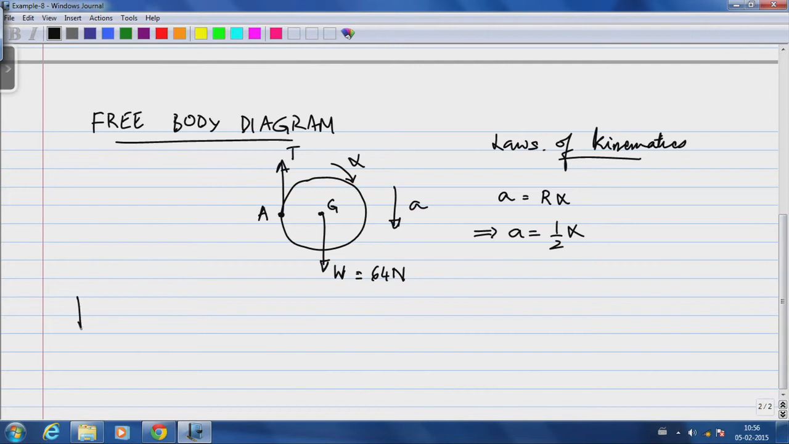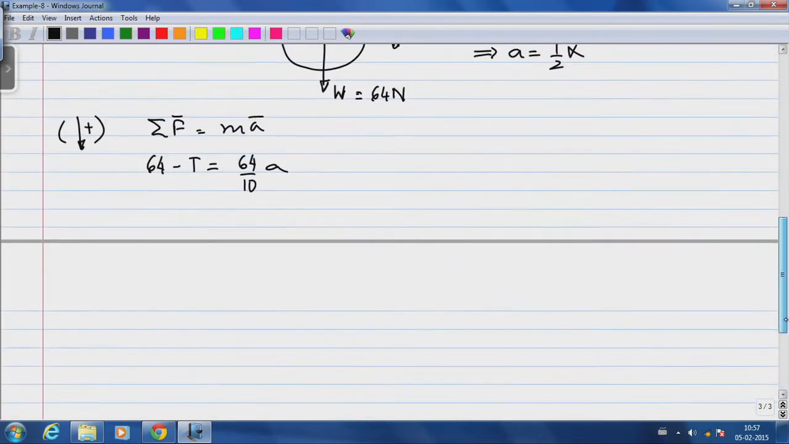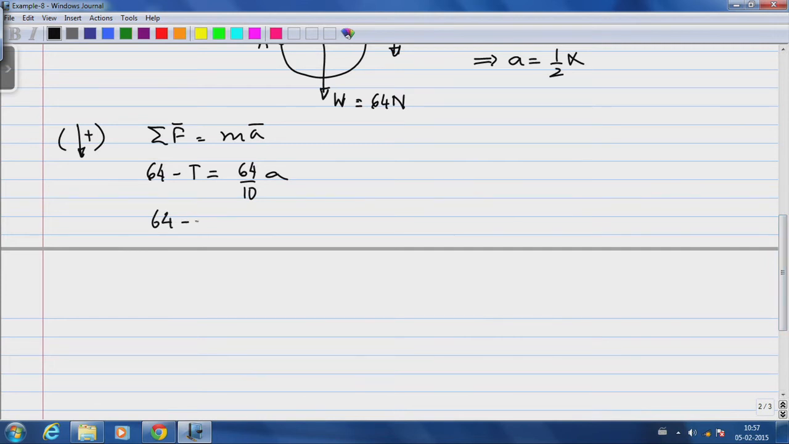So, now applying the laws of kinetics, the first Euler's law says, taking downward motion positive, the sum of all forces is mass times acceleration, which means 64 minus T equals 64 divided by 10 times A, or 64 minus T equals 6.4 A. I am going to mark these equations. That is our first equation, this is our second equation,